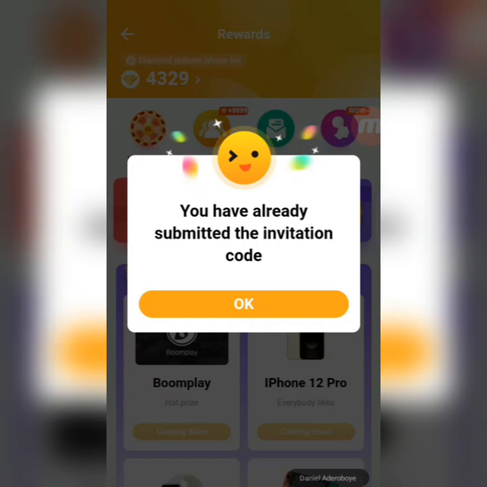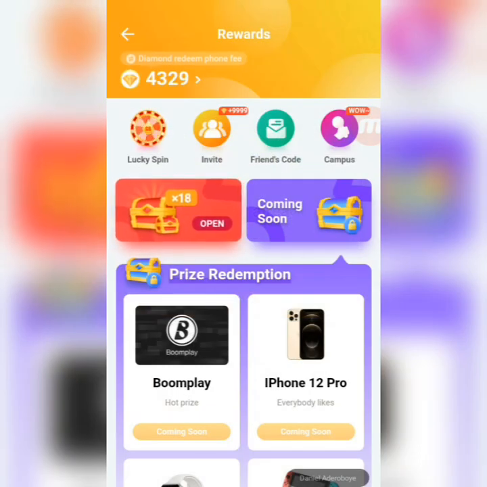So I'm not going to click on OK because I've actually done this. I swear they actually sent that pin, the invite code, for me. I used it. So you have to use an invite code. You cannot get any invite code elsewhere, because you just use my own invite code. Okay, just use my invite code, because if you use the invite code, you get 6,000 diamond. Literally, that's all.